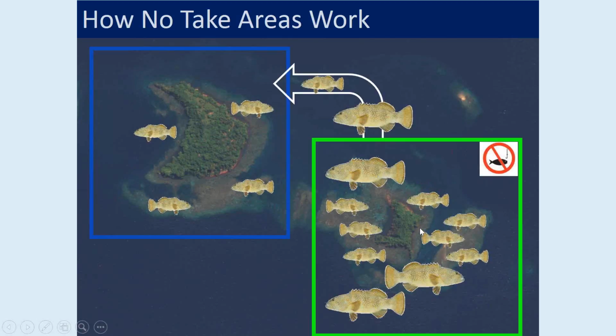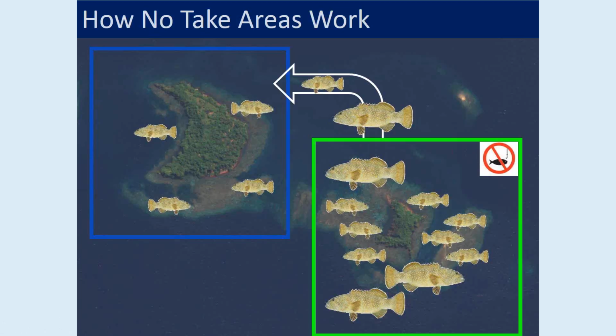Then over time, what happens is that fish don't like to be crowded, so they spill over to the fished areas where they're available for fishermen to catch. And the fishermen know this. They often fish the boundaries of the no-take areas. And that's a really useful thing, but unfortunately the benefits only extend for maybe 1 to 2 kilometres because the fish don't move that far.